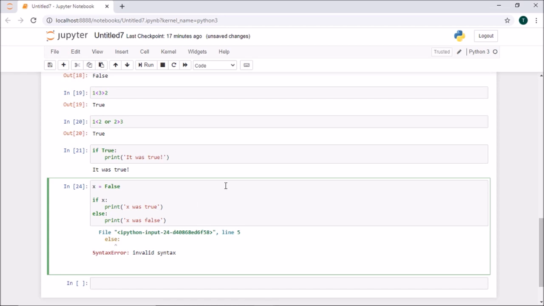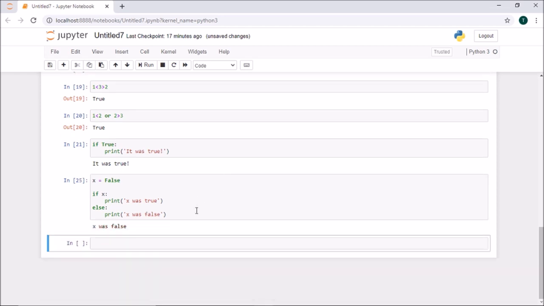right? So if I run it, x was false because I just said x to be false, and if x is true, just print me true. If it is false, just print me x is equal to false. Right? You're getting that, right?